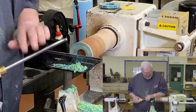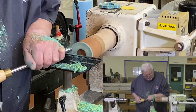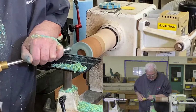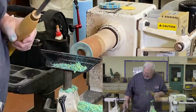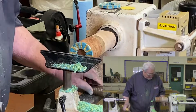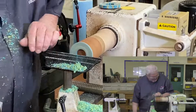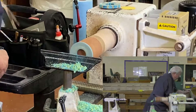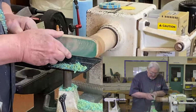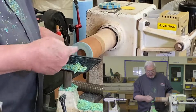I'll go back to my bowl gouge. Check the flatness. Get a nice straight edge here. A little high right on the outside edge. Take it a second. And finish off with a sanding stick. Good. So now I can go ahead and build the next portion, but I can harvest another ring out of this